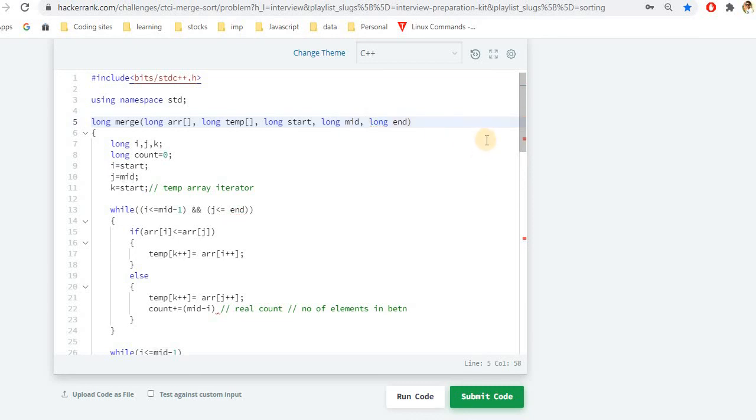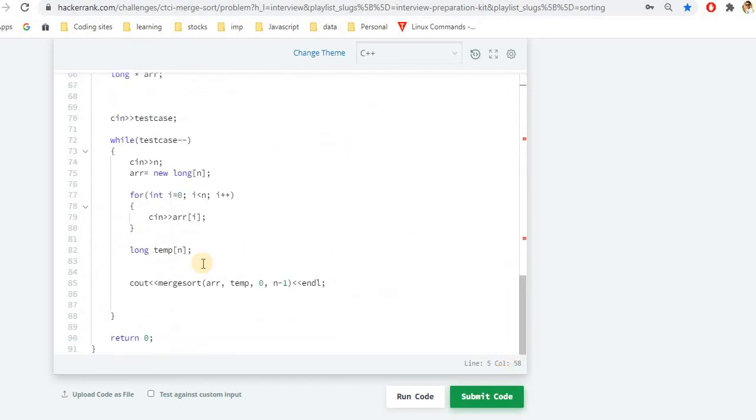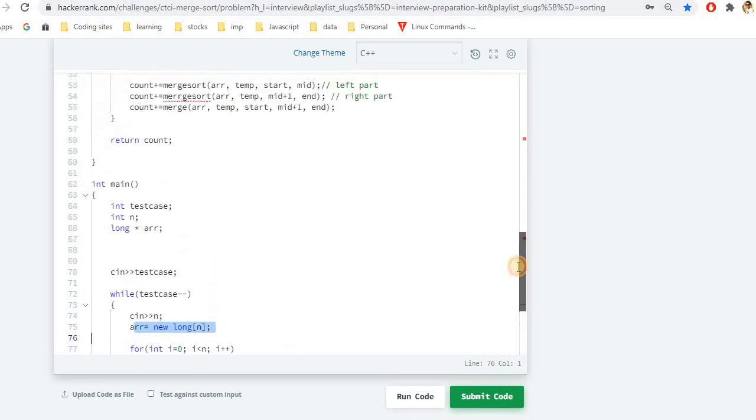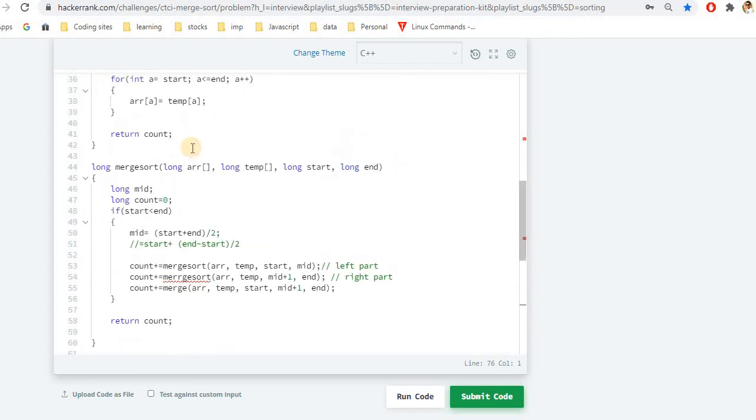Okay, let's go again with the flow. So we'll check if there is an issue. We'll sort that out. Okay? No big deal. So first, this is our main function. We have taken a while, and we have initialized the array. After that, we take an input and we call the merge sort function. Here we pass the array and the temporary array, and after this we have the merge sort function.